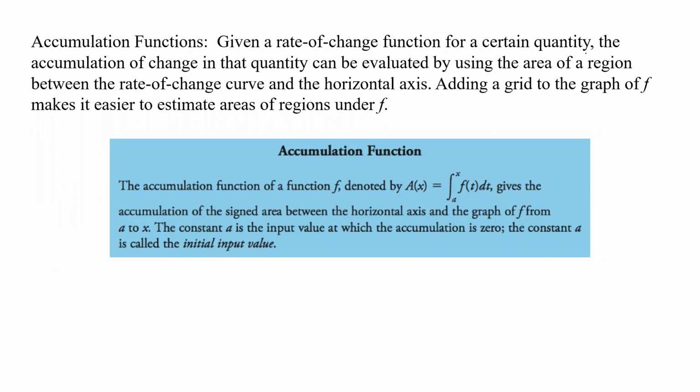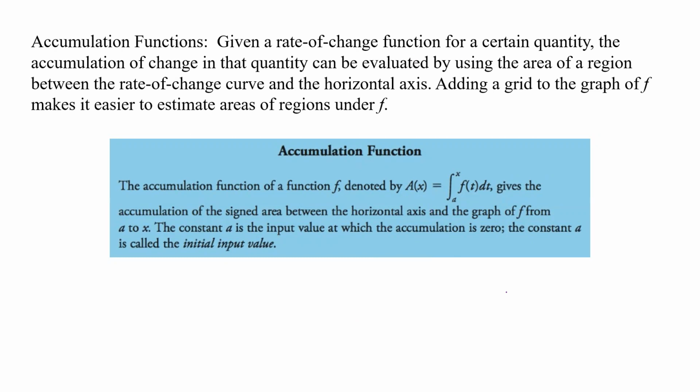axis. Now, to do this, adding a grid to the graph of f really makes it a lot easier to estimate the areas of the region under f. So our accumulation function of a function f, denoted by A of x, is equal to the integral from a to x of f of t dt, and it gives the accumulation of the signed area between the horizontal axis and the graph of f from a to x. Now the constant a is the input value at which the accumulation is 0,